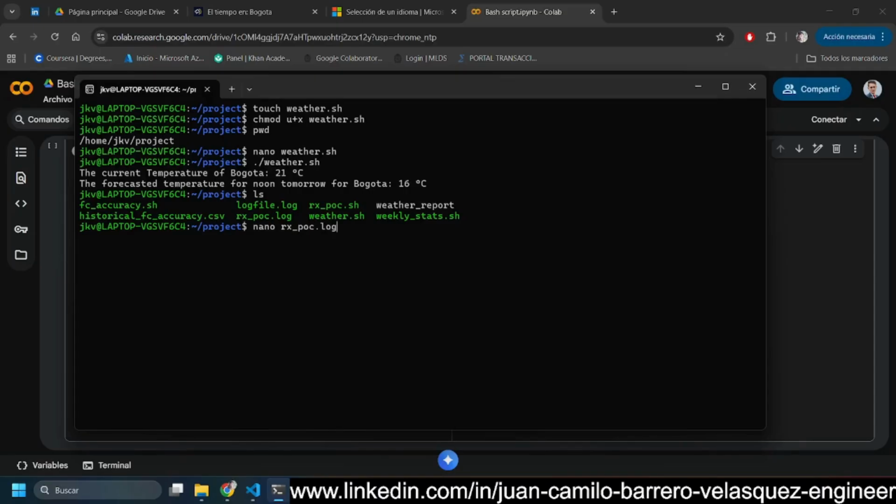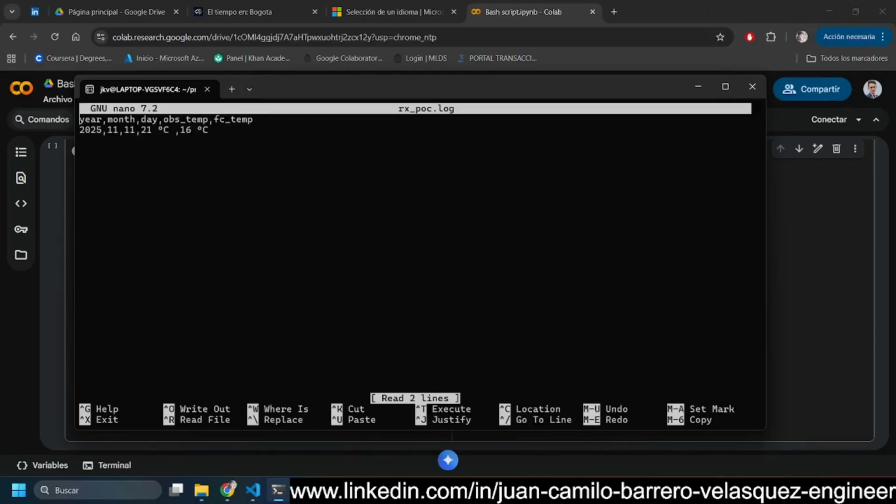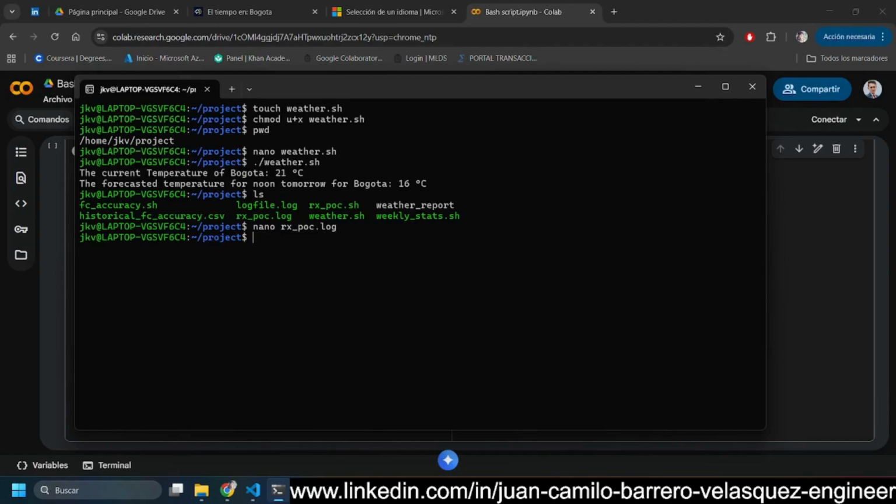Sorry, I meant the log file, and we can see here that the information has been successfully stored. So let's close this, and now what we're going to do is set the Crontab for basically scheduling